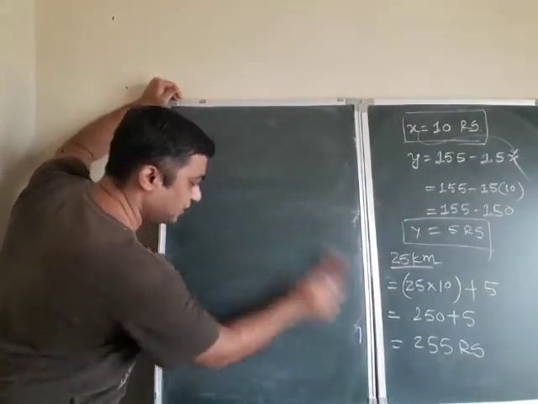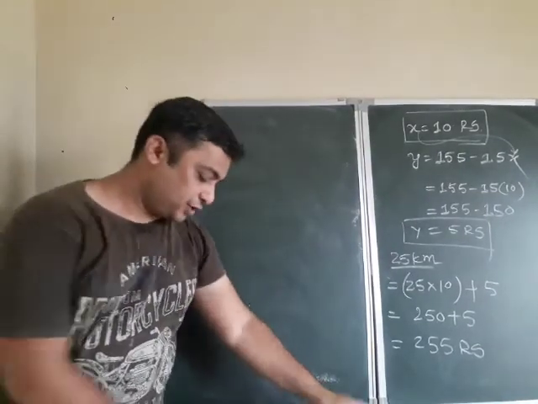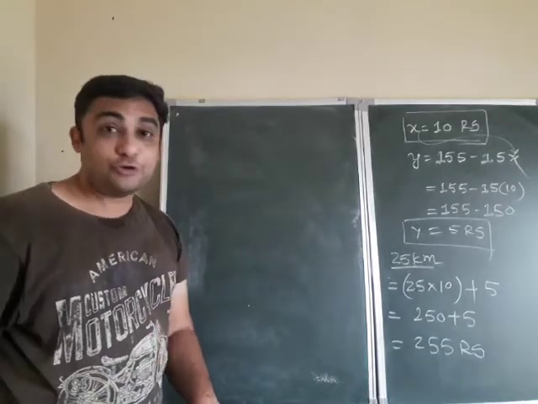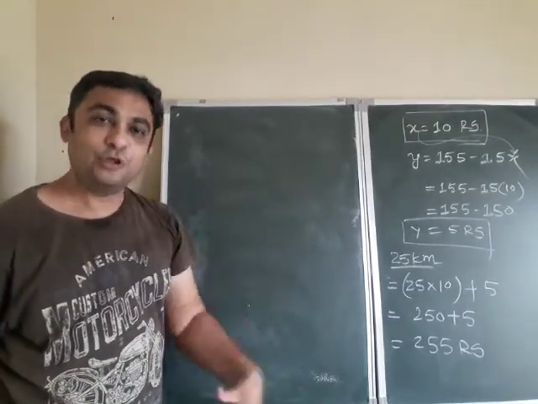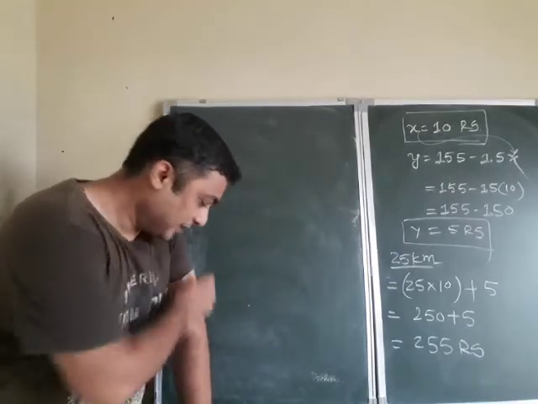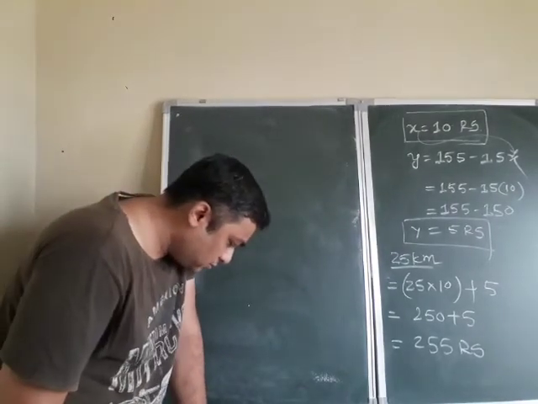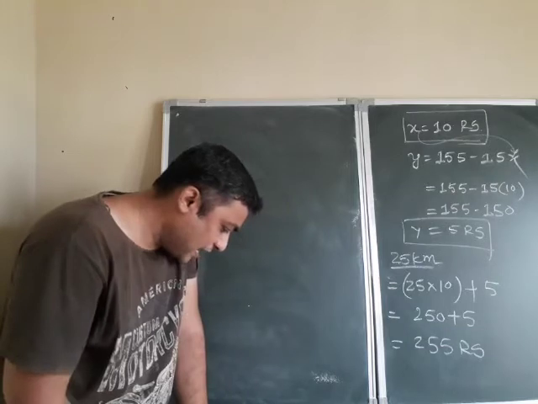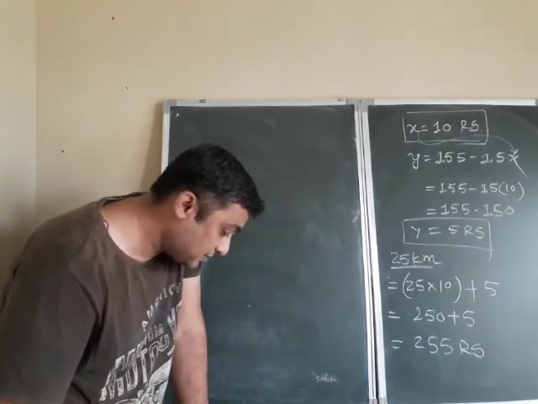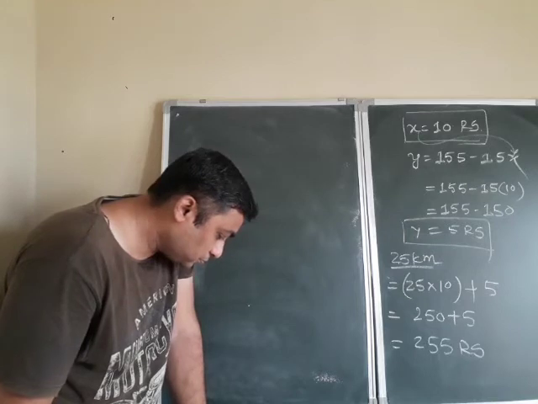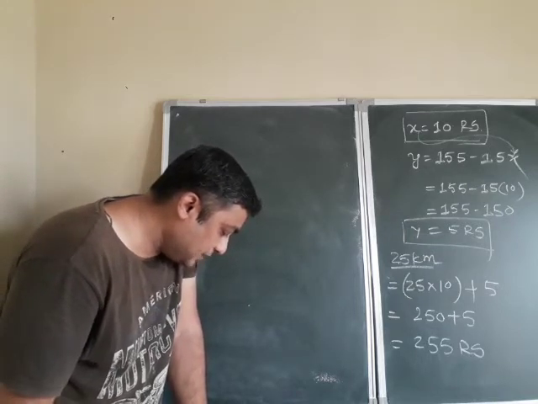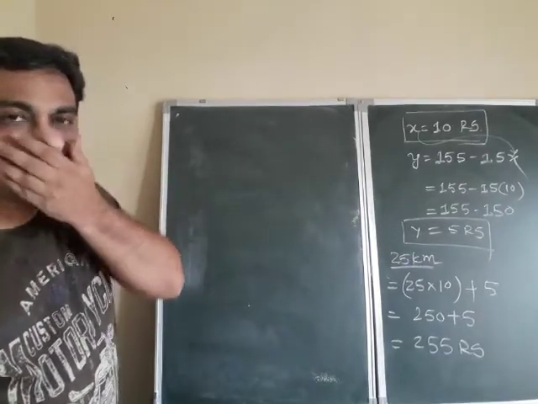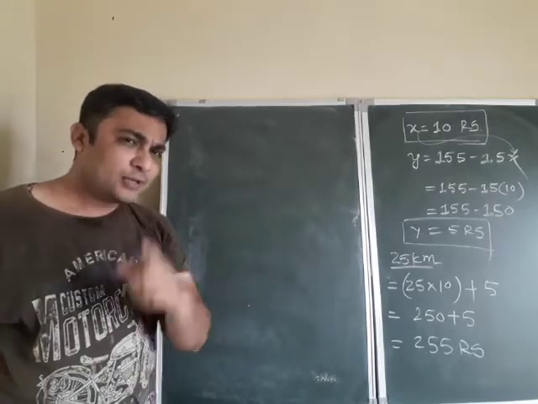Let me start the last one. Before I start, I request you to completely read the data. I think actually I have to give this as homework, but I have lots of homework for you. 5 years hence the age of Jacob will be 3 times that of his son. 5 years ago Jacob's age was 7 times that of his son. What are their present ages? What are they asking? Read the data. Their present ages.